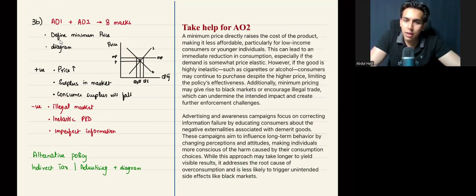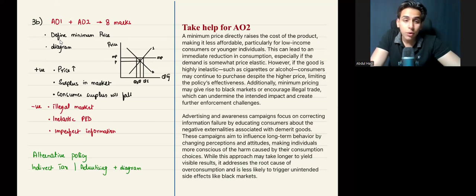that it will result in illegal markets. Consumers might buy these goods and services at a lower price from producers who are well known to them or who are brand loyal, or like you can, it's not brand loyal. You can say that someone who is loyal to a particular person or shop, so they can buy these goods. Mostly when we talk about demerit goods,